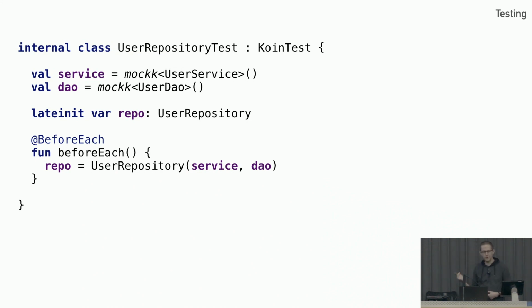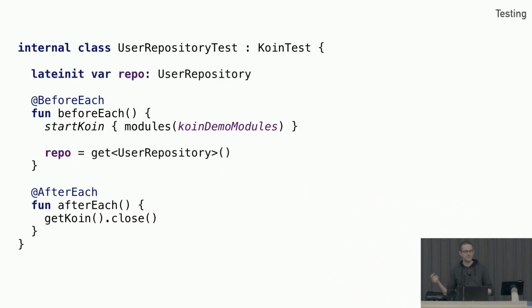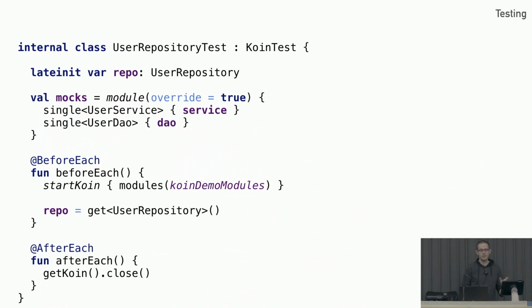In Koin, we have this marker interface, KoinTest. So we can use that in our test class. And it's similar to KoinComponent where it just gives us access to the normal graph. So now, in our setup function, we can use startKoin and pass in whatever modules we would like. And then in our teardown function, we would close the graph. And now we're able to create a new dependency graph for every single test. It's nice and hermetic. So now, we would be able to create a repository just by accessing the graph and not worrying about the dependencies itself.